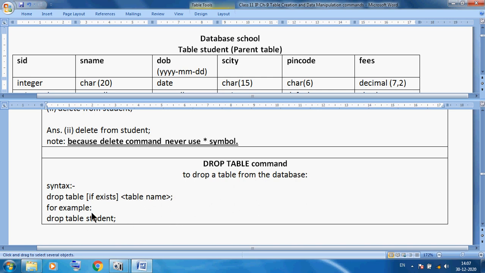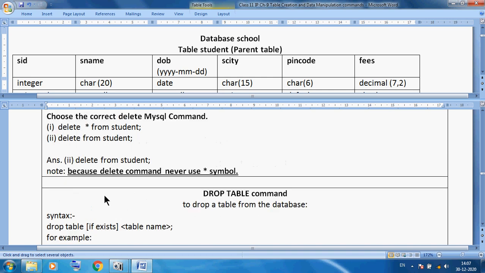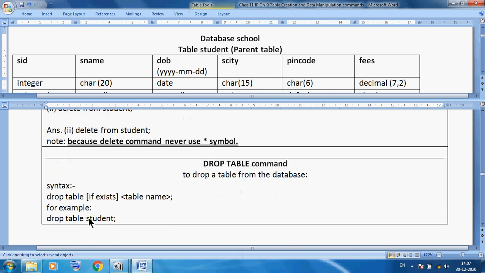For example, DROP TABLE student; so our student table is completely dropped. Earlier I deleted rows, here I am dealing with columns too. We can say the complete table will be removed, including columns and rows, with the help of the DROP command. We can also use DROP DATABASE, which removes everything, but here I am dropping only tables.